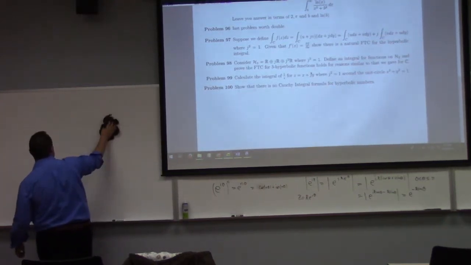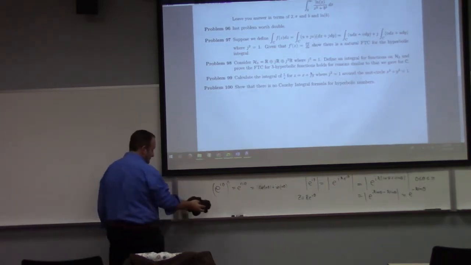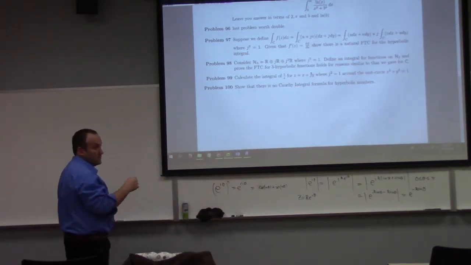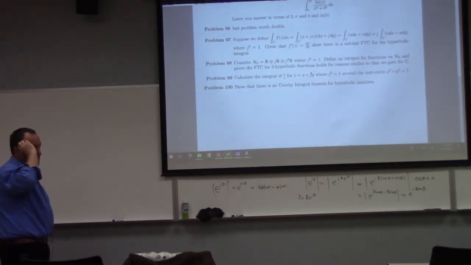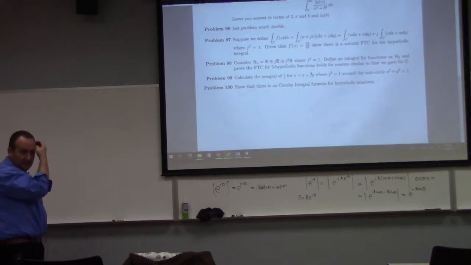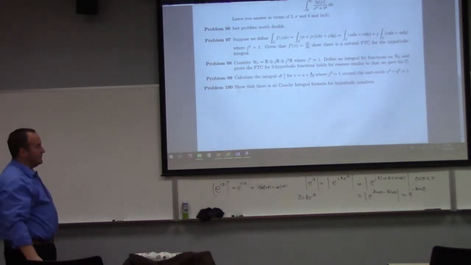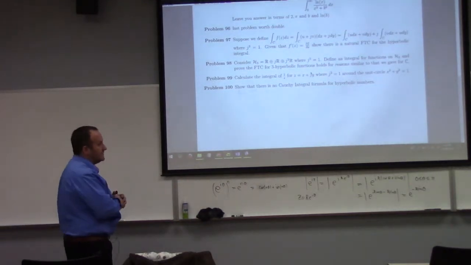And for the final, is it going to have more of this stuff on it, since we covered it since the last test? It's comprehensive, so it's got to have a little bit of calculus. Right, but is it mostly conformal mapping, or a lot of it going to be this, since we haven't had a test over it yet? Yeah, probably more than before. There will be some of it.